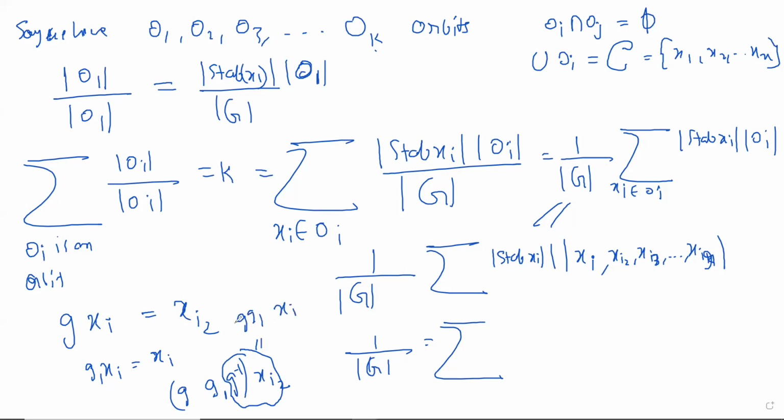Now you have this motion to apply. If you apply this motion, you get xi2. Now g1, if you apply it on xi, you get xi back because g1 was fixing xi. Now you have g to apply, you get xi2. So in total, this complicated motion is a conjugation motion. It's fixing xi2. So for everything that fixes xi, I can find a unique thing which fixes xi2. And there's a bijection and so on. So the number of things that fix xi is the same as the number of things that fix xi2 if they are in the same orbit. But the items are themselves not exactly the same.